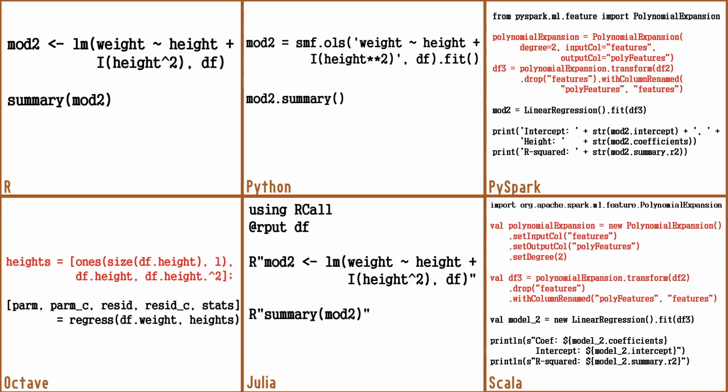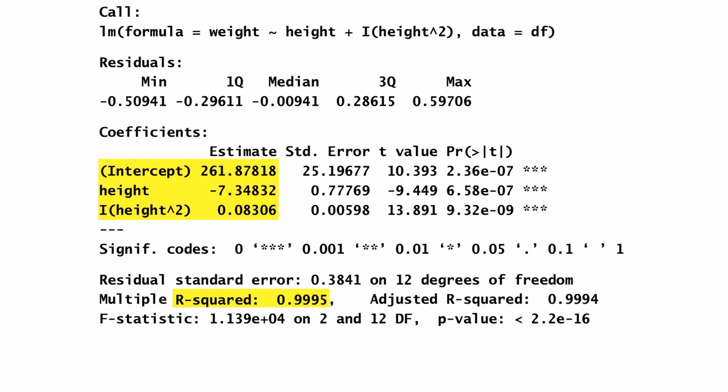Like before, Octave and the Spark APIs forced me to put my independent variables into a vector. Spark has a function to expand our height variable into a polynomial, but as you can see, it's a lot more involved than the other languages where we can simply raise height to the second power by using a built-in exponential operator. The results of the polynomial regression were similar for all 6 languages, so I'll just show one example